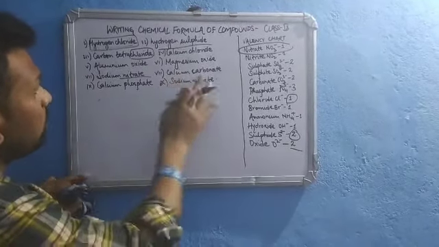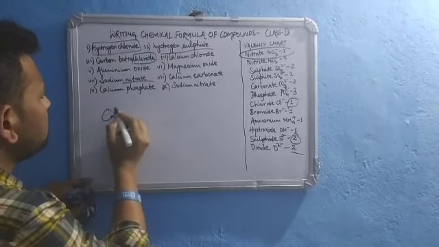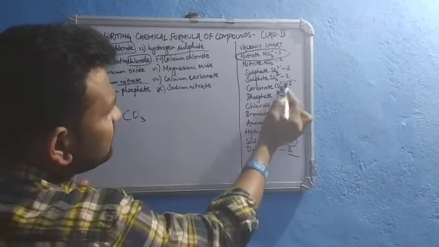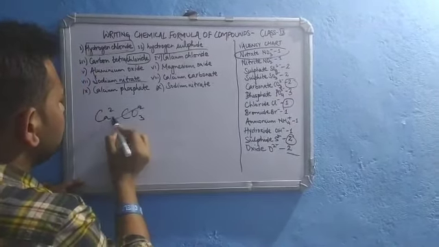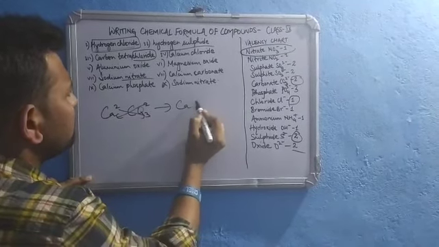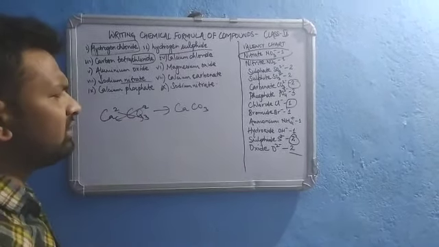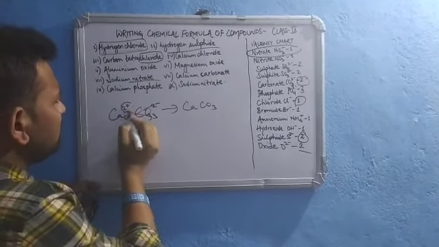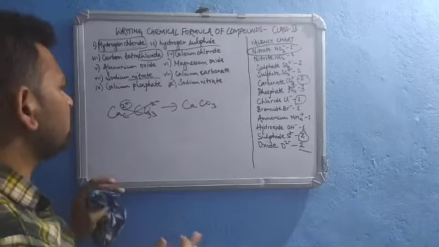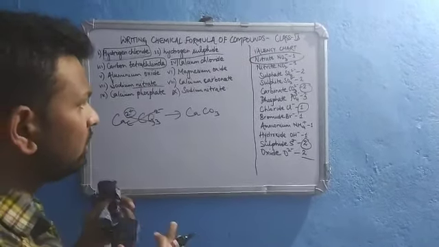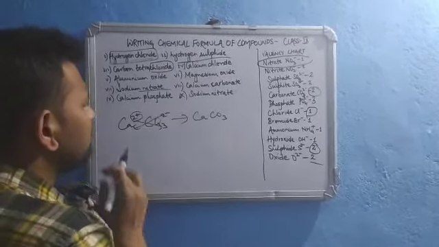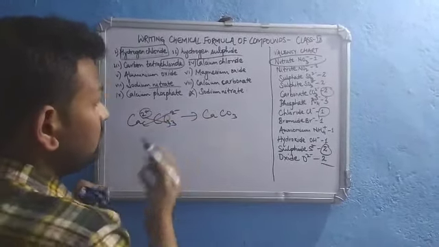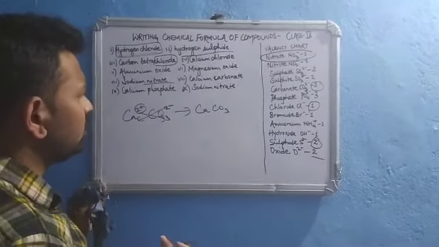Let's talk about calcium carbonate. Calcium valency is 2. Carbonate, CO3, valency is 2. So we'll crisscross this and we get CaCO3. Are you understanding? Actually, we should write it this way with plus and minus, because this is a cation and this forms an anion. But just to write the chemical formula, it's not necessary to write the signs. Even if you want to write them, it doesn't matter.